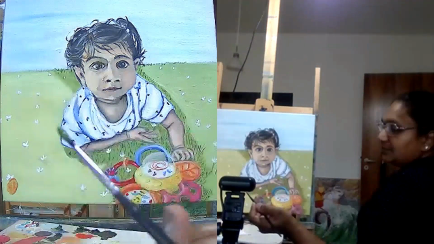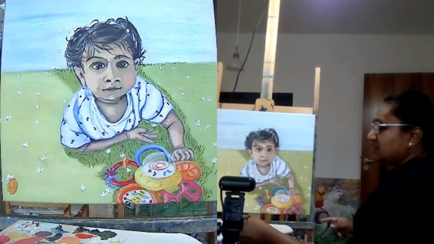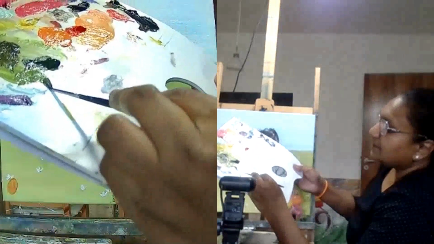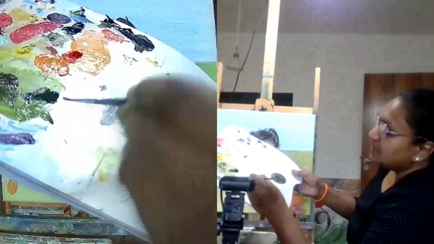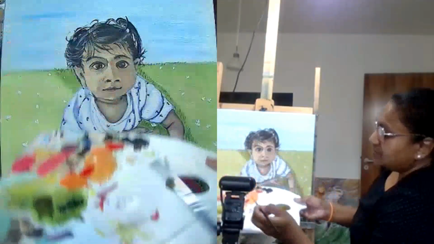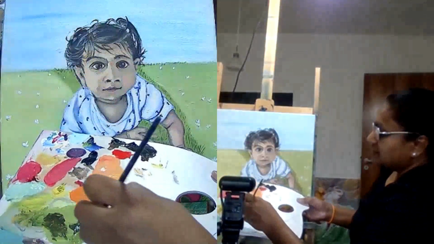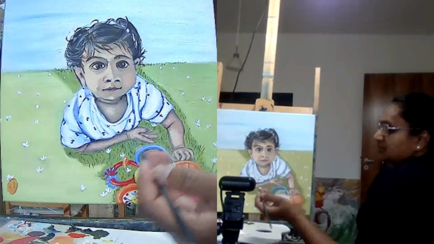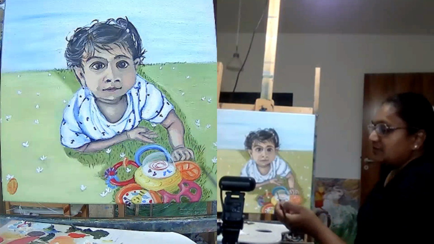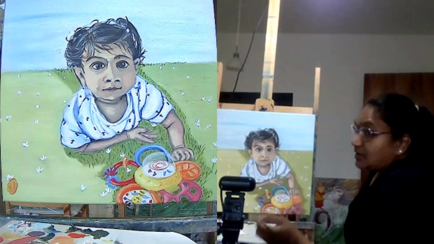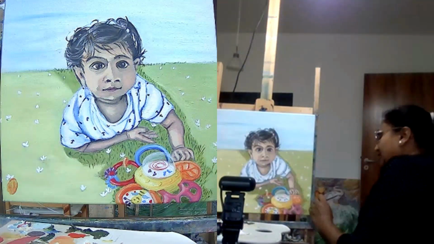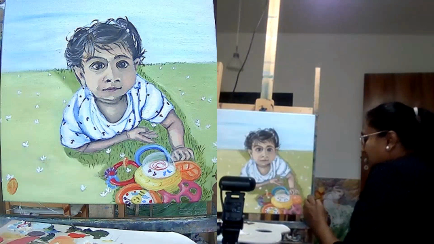Okay, and if the paint is overloaded, just as in my case, roll the brush. Roll the brush like this, so the excess goes away, and then you have the right amount in your tip of the brush. That's one way to go about it, even though it's a round brush. If you are not so convinced with the round brush, you can go to flat brushes and use them, tip them over. So you can do that as well. So do not worry too much with a round brush if you're not getting it exactly right.